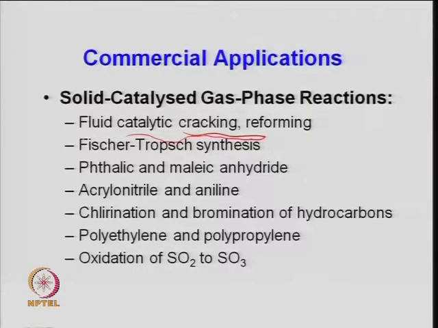So we look at something like the C5 to C15 or C18 range of paraffin hydrocarbons. By cracking, one can do that. FCC reactors are widely employed for the production of gasoline, what is called FCC gasoline. This is one important application of fluid catalytic cracking, and since these hydrocarbons tend to form coke or carbon, in this kind of unit it is possible to regenerate the catalyst from time to time. That is another advantage. So this is a very wide operation.